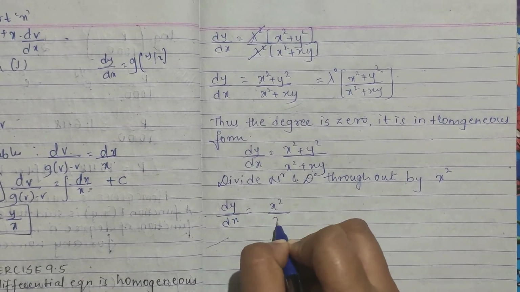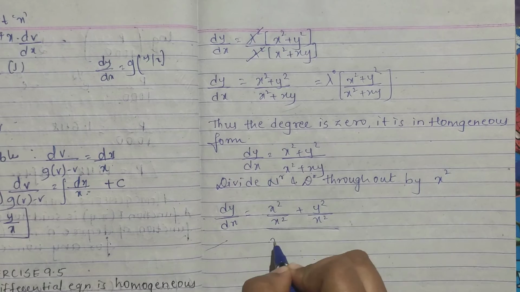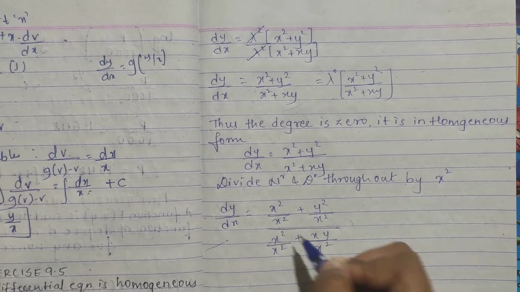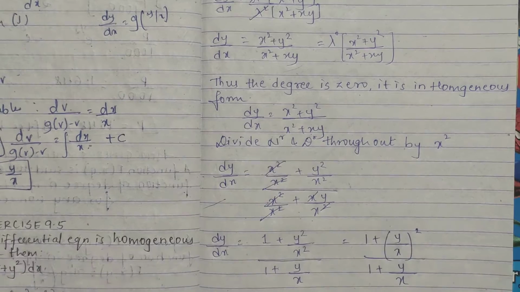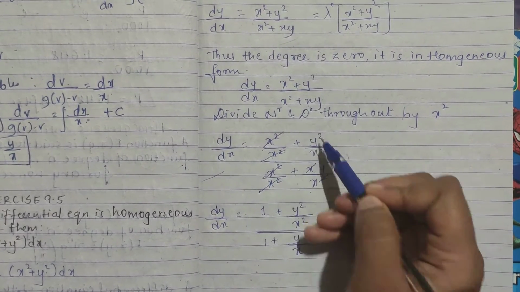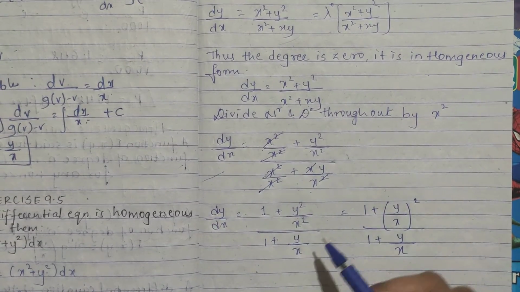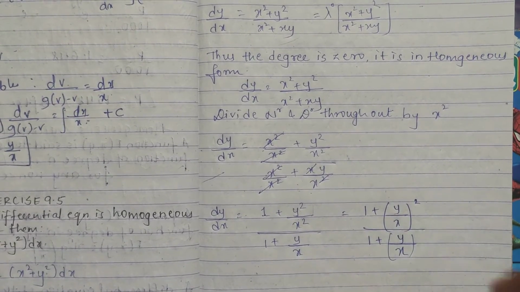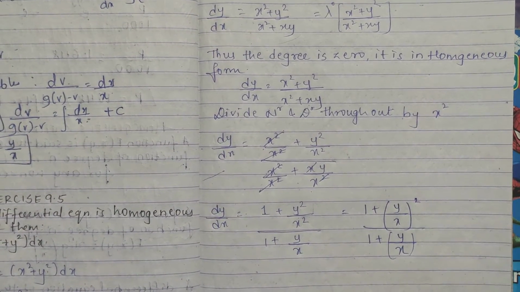So this will be what? x square divided by x square plus y square divided by x square. This is your numerator part. Denominator again x square divided by x square plus xy divided by x square. So you can say x square by x square, x square by x square, and here one x, here one x. So as you can see, you will get dy by dx equals 1 plus y square by x square, over 1 plus y divided by x. So this I can write as y by x the whole square, right? It is one and the same. Why? Because see, both I can get in y by x form. So you have got this, and after coming here, what I have said you have to do is substitute it. Use the substitution method.